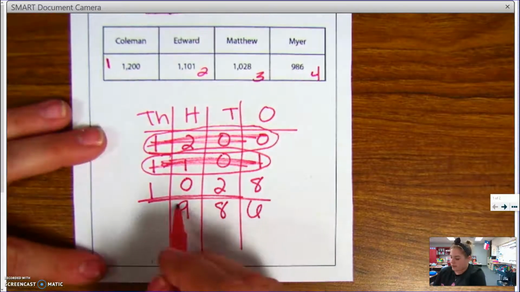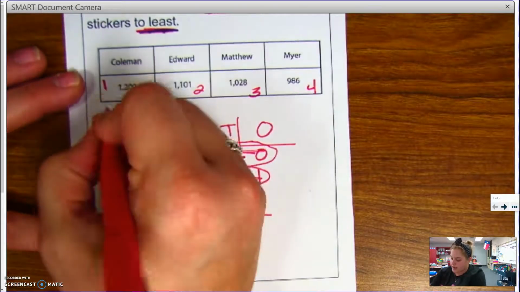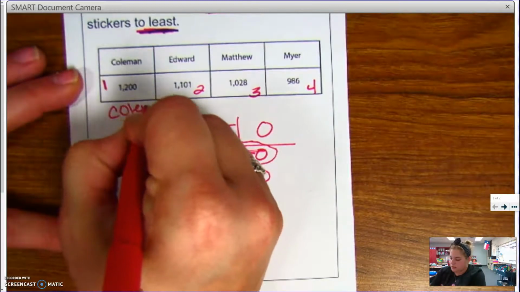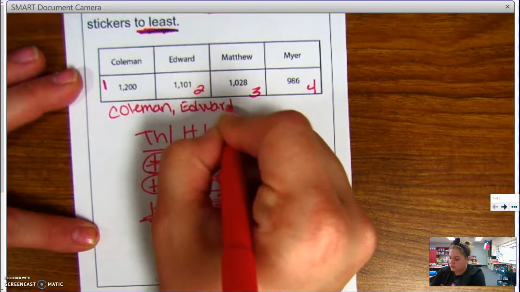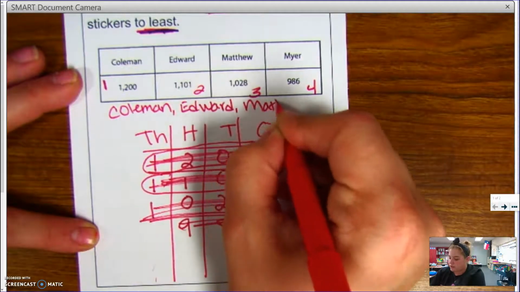So I know that if I were to make my list, I would have Coleman, Edward, Matthew,